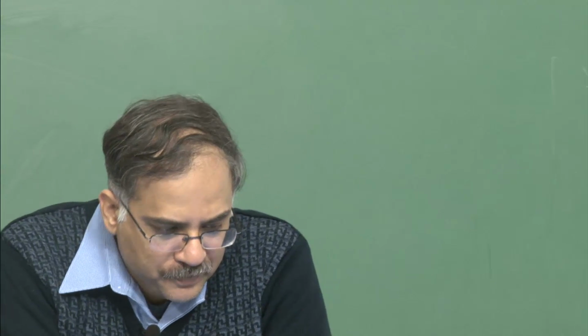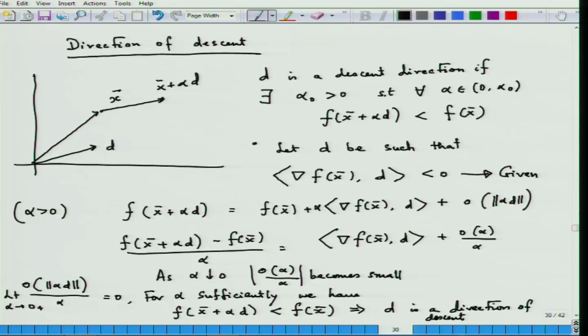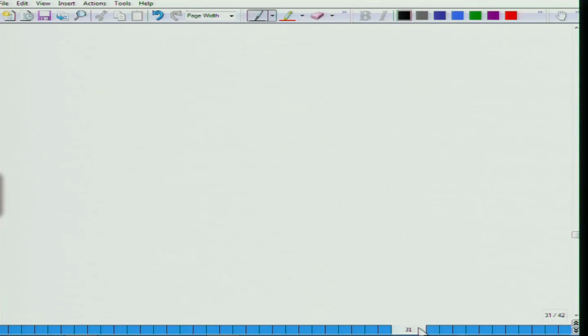Come once again to this discussion on very fundamental issues about optimization. Now we learnt about what is the descent direction in the last lecture, and we found that if this sort of condition, this criteria, grad f(x bar) into d is strictly less than 0, then this d becomes a descent direction. So for us to find the direction of descent,